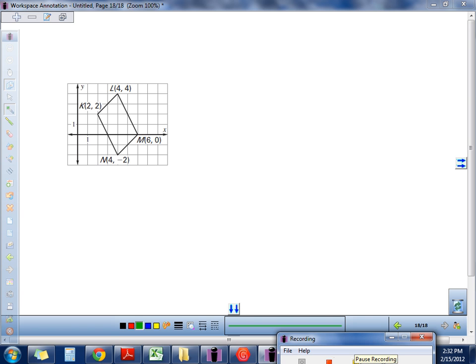So let's focus on KL right now. When we focus on KL, we need to think about the slope. And remember, slope is always rise over run. So we're going to say the slope of segment KL. Watch how I note this. Subletters KL, KL